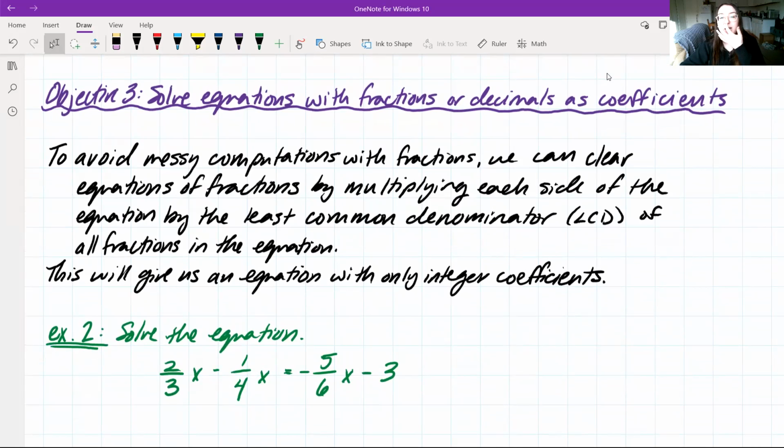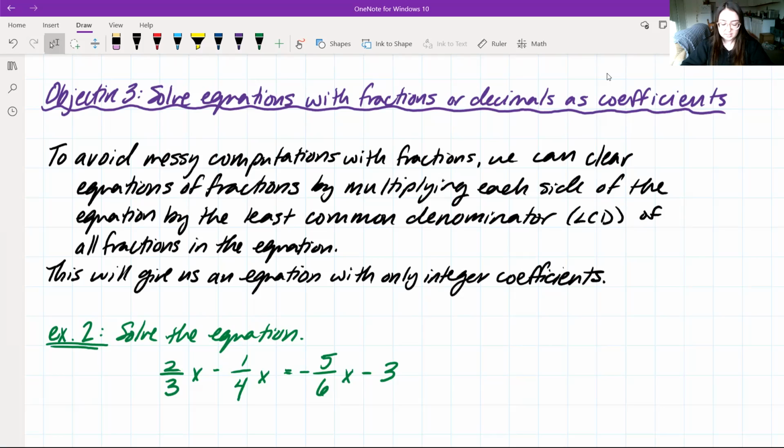So this is going to be with fractions, but if you ever had a problem with decimals, you would just want to multiply. If you had a decimal that was 0.1, you multiply each value by 10 just to get rid of that decimal place. So any power of 10, so 10, 100, 1,000, however many you need to get rid of those